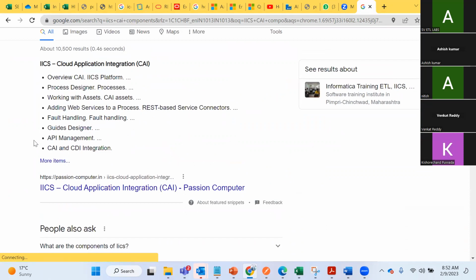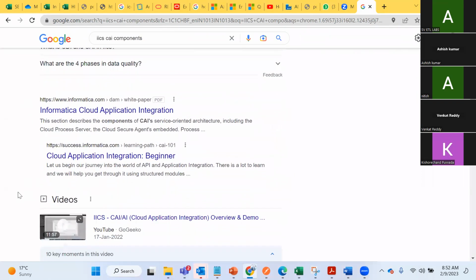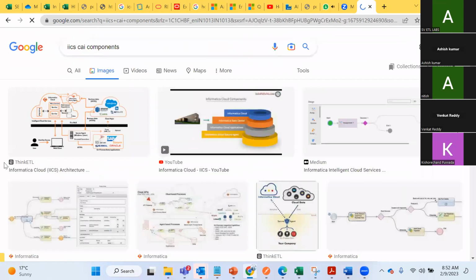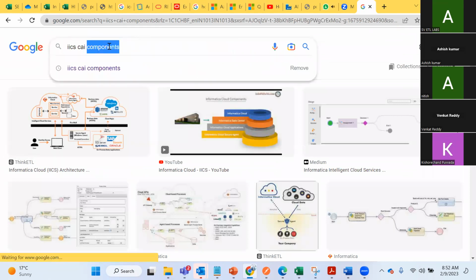Let's see whether these things are there in my topic or not. Overview of platform process designer, working with assets, adding web services, fault handling, right? Guide designer, API management, CDI and CAI integration. So that was just from the topic perspective. But if you go and see the, okay, wait a minute, CAI